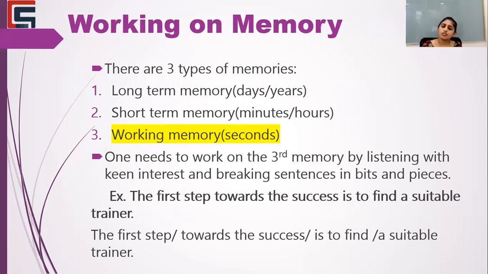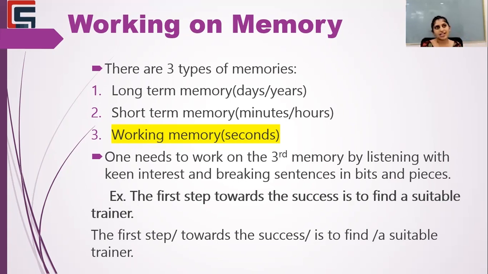All right, so talking about memory, as I discussed earlier, we people are hardly having a very good memory. There are people with short-term memory, they forget things very easily. A very small example I can give is forgetting your keys very often. So these are examples of short-term memory. But here, as I said, the short-term memory will be advantageous to you, because when a person has short-term memory, they can work on the working memory. Here we have 3 types of memory.